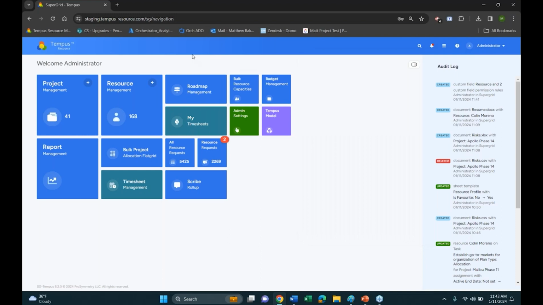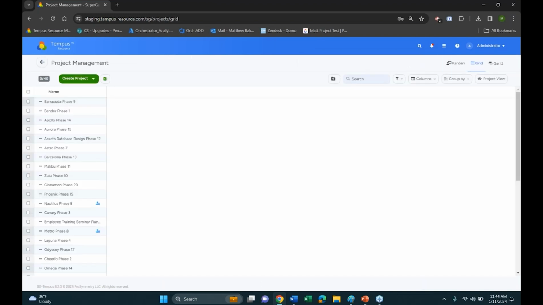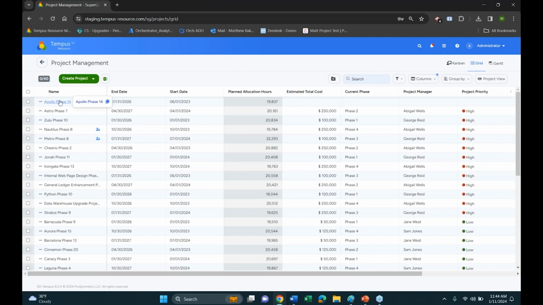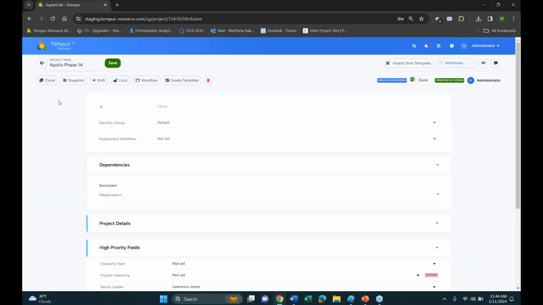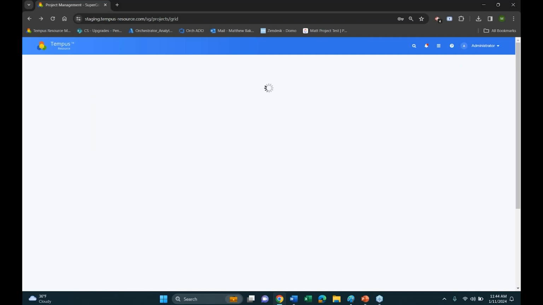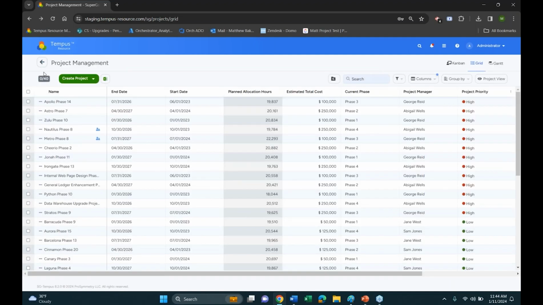Next, we have some additional enhancements on the project management side. So I'm going to go ahead and open up project management. And the first area I want to cover is some enhancements on the project management grid. First, you will notice up here in the top left-hand corner you do have counts. So this is just showing you your overall total. So we have 40 projects in Tempus that I have available to me, and that's why it's displaying 40, as